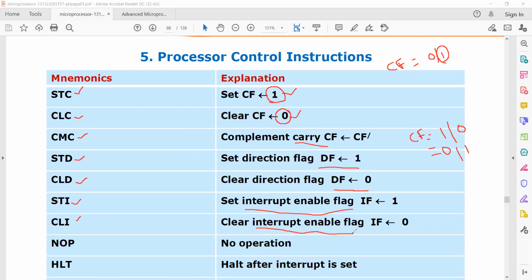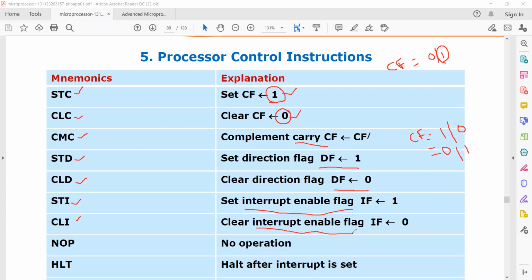Interruption means that when a process is being conducted by the processor, another process with a higher priority will come. Then the process that is undergoing will be interrupted for some period of time, and the other process, which has higher priority, will be taken over by the processor.